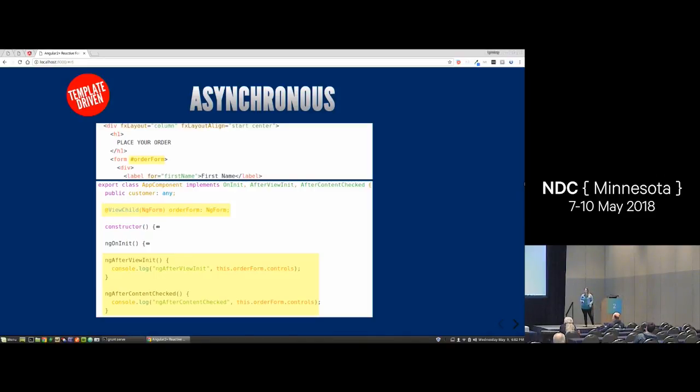Template-driven forms in Angular are asynchronous, which may or may not be a good thing depending on what you're trying to do. But specifically, if you're trying to unit test, asynchronicity can be a real pain in the rear. So that's where reactive forms can help us later. But to demonstrate the asynchronicity of